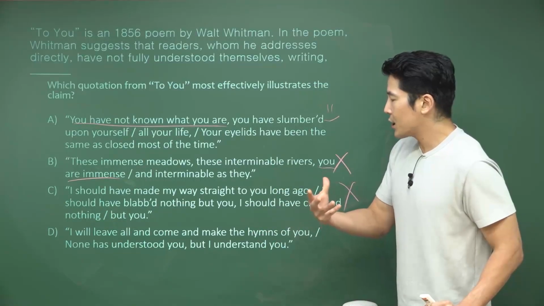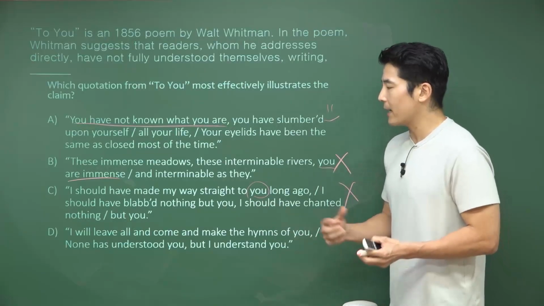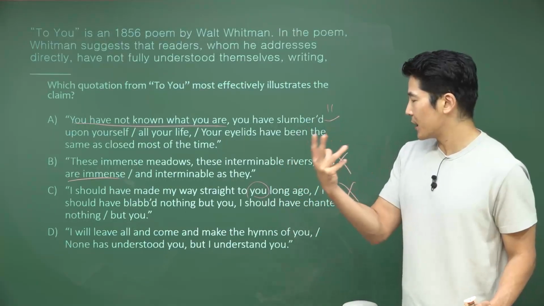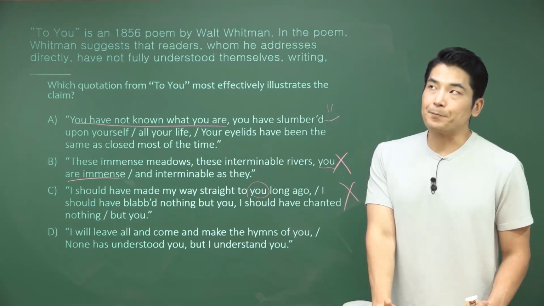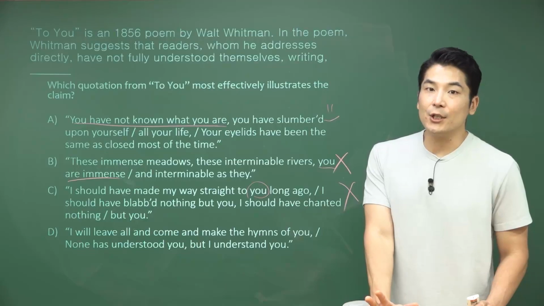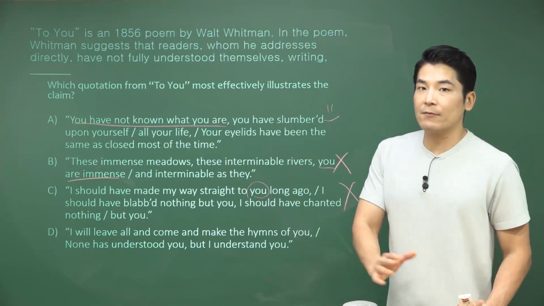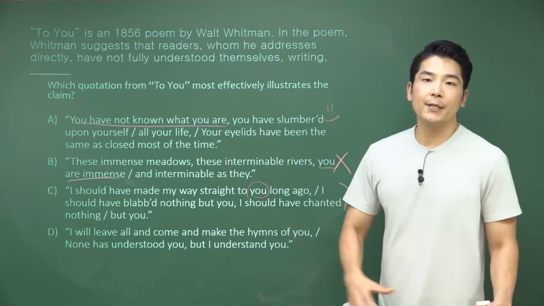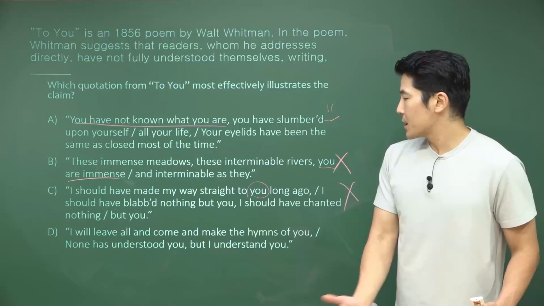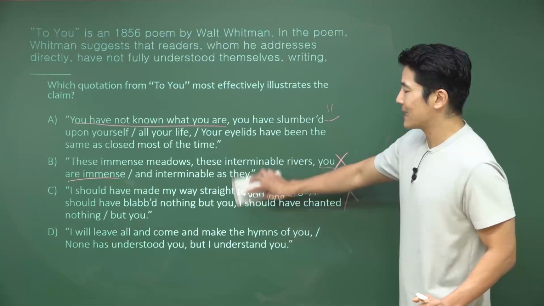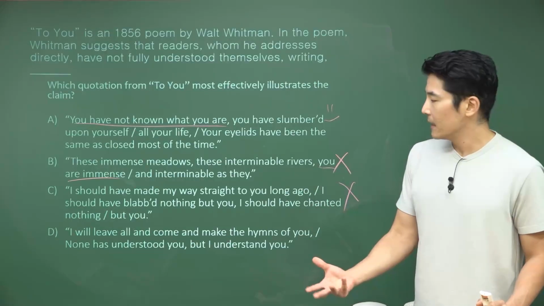So the writer should have made this person the focus or attention in the writer's life, right? But the writer should have done something doesn't directly relate to the reader not fully understanding themselves, right? So something like C here is also not going to be directly related, and then